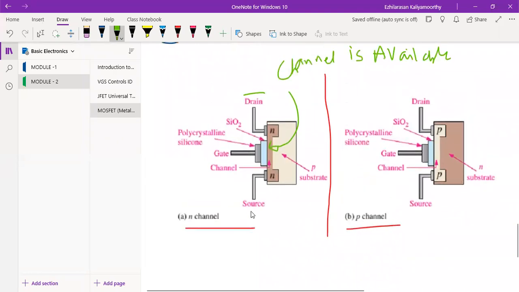See the drain terminal, then the source terminal, then this is the channel which is mentioned, then this will be your P substrate, because it is N channel. For P channel this will be an N substrate. So very important, always keep it in mind: for P channel you should have the N substrate. Then we will have P regions under the source and drain. For N channel we have N regions. You study any one, and the other will be the reverse operation of that. So better you go for the N channel. The P channel will be just the reverse.